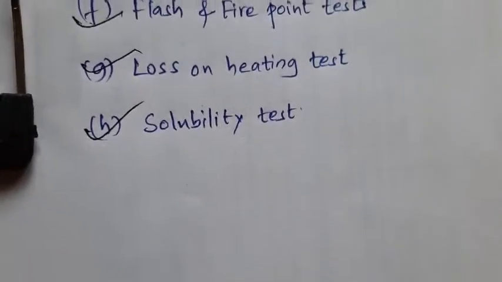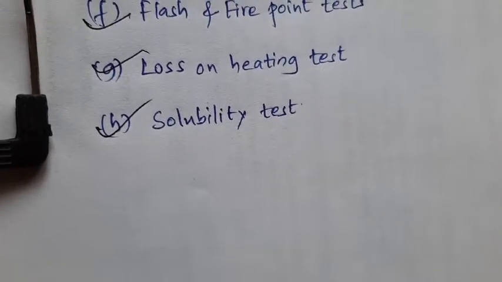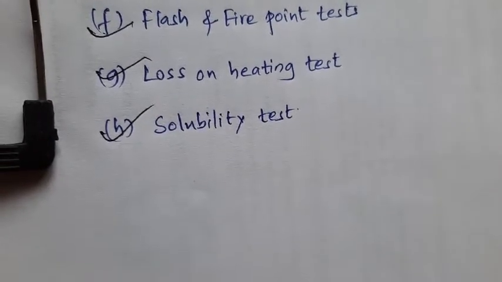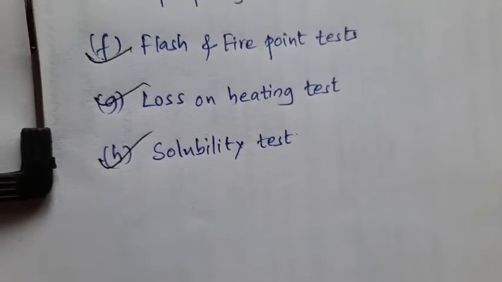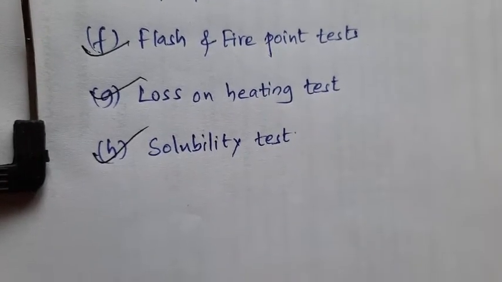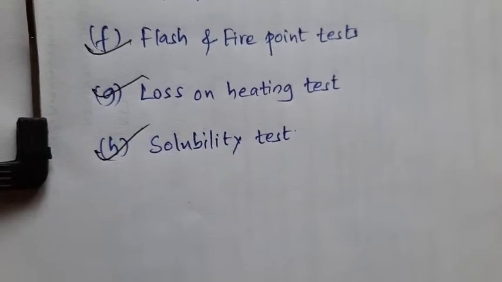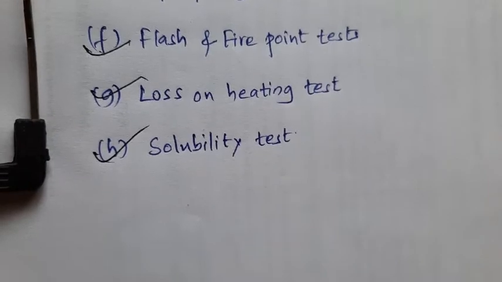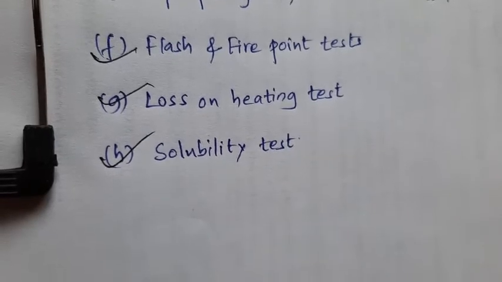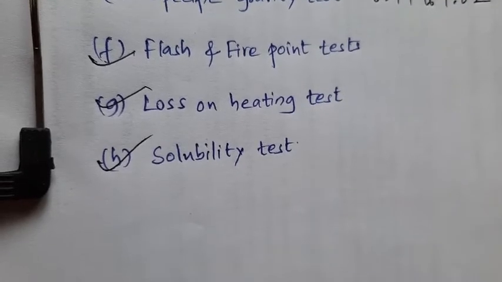In the solubility test, you take the pure bitumen, and we know that bitumen is soluble in carbon disulfide and carbon tetrachloride. Hence, impurities in the bitumen in the form of inert material, carbon salts, could be quantitatively analyzed by dissolving the sample of bitumen in either of these solvents. A sample of 2 grams of bitumen is dissolved in about 100 ml of the solvent. The solution is filtered and the insoluble material is washed, dried and weighed. The insoluble material is expressed as a percentage by weight of the original sample, using carbon tetrachloride or another solvent, carbon disulfide.